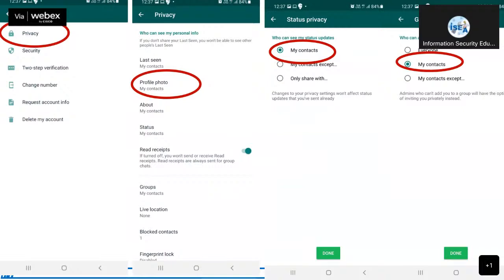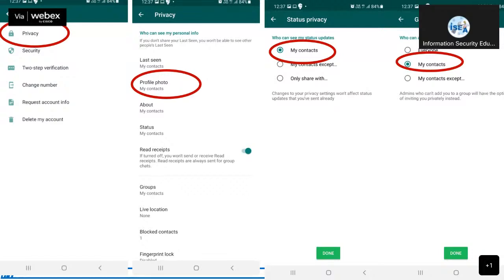Please see, to confirm that I'm not telling anything other than the options which are available, those are the options I'm discussing with all of you, right? If you click on privacy, you will get a lot of options. Last seen, for example, you might have been seen at 3 o'clock. If you want to show it, you can show it. Otherwise, if you don't want to show, you need not show. That is up to you.